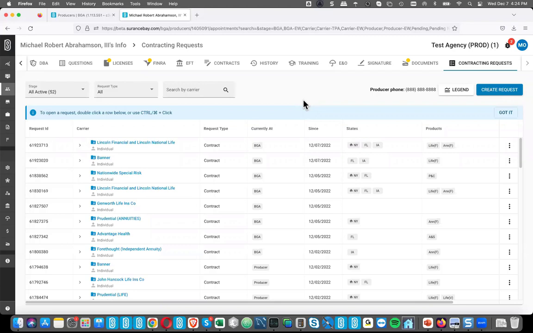So if you have a specific need to do that, email support, because our forms team sets that up. I think we've got that set up for a number of agencies already. That's just a configurable on a per agency basis. So it's not something that you can configure. That's something our forms team has to set up for you, but they're happy to do it. So just email support.